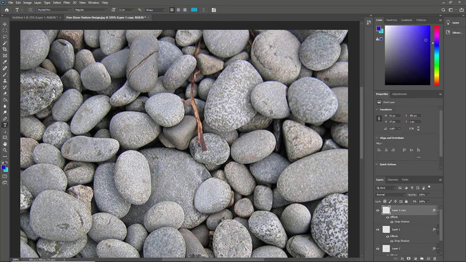So up here, I have some issues, like these little branches, and I'm going to come in with this and do a clone tool